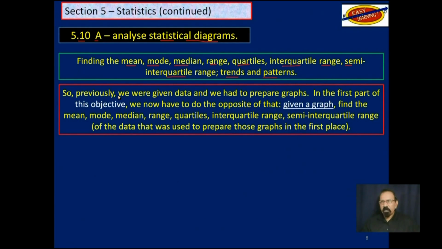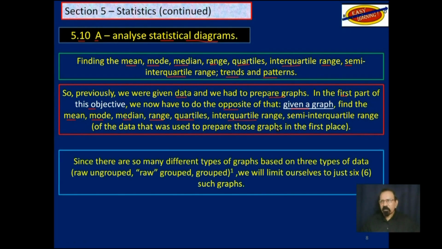So previously, we were given data and we had to prepare graphs. In the first part of this objective, we now have to do the opposite. Given a graph, we have to find mean, mode, median, range, quartiles, interquartile range, and so on from the graph,